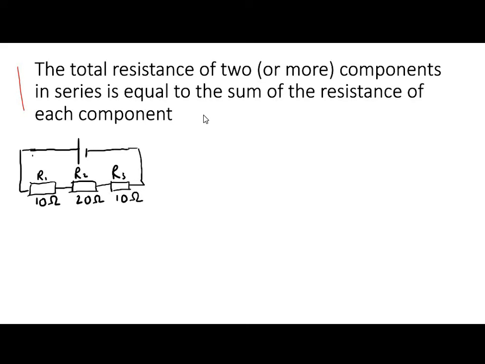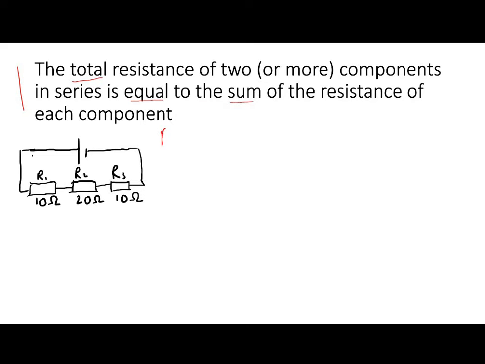Okay, so the total resistance of two or more components is equal to the sum of the resistance of each component. So in my example here, I can show that, I can even just work out what the total resistance is without knowing potential difference or current,